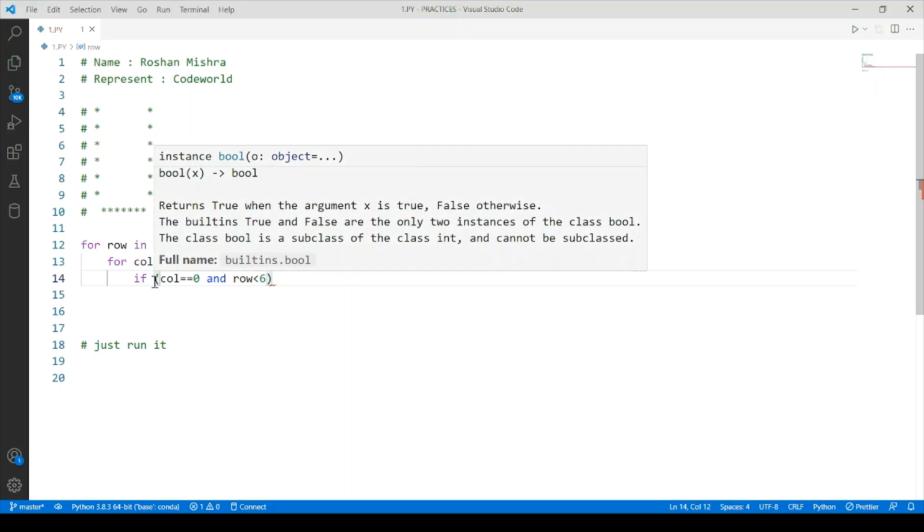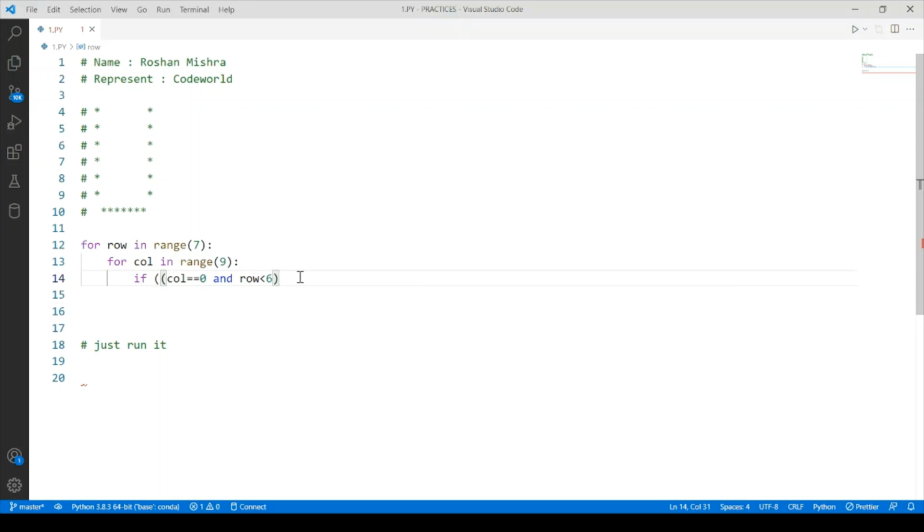I think here I have to give an extra closing bracket, and another condition with or: if column equals 8 and row should be less than 6. This condition is for this side asterisk where I am moving my cursor. Okay, here for this side. And again, or